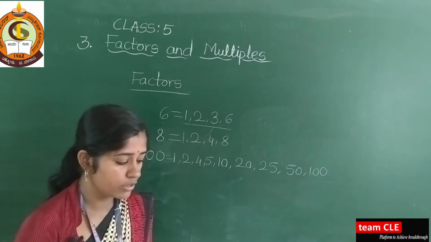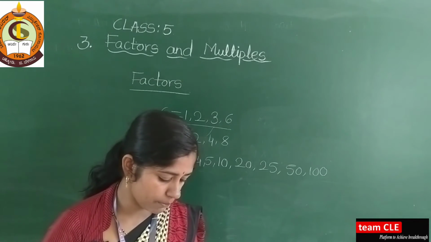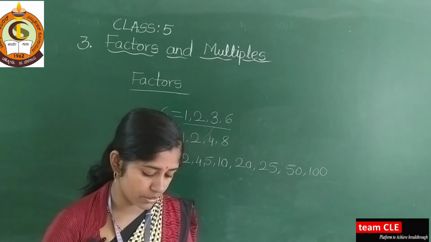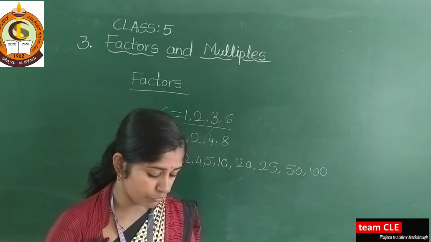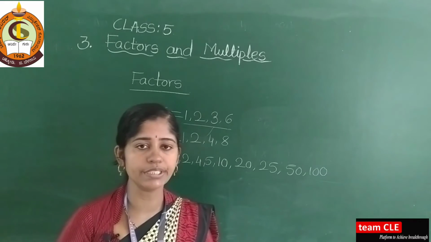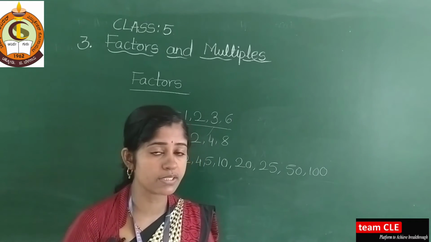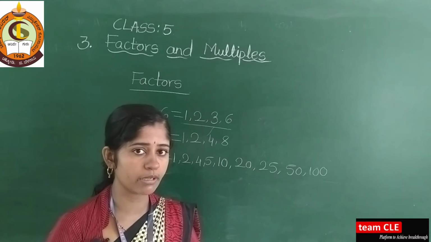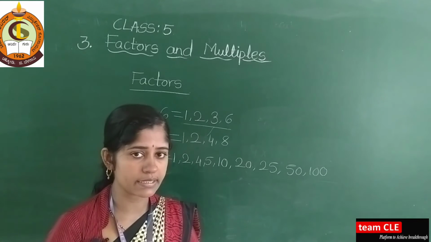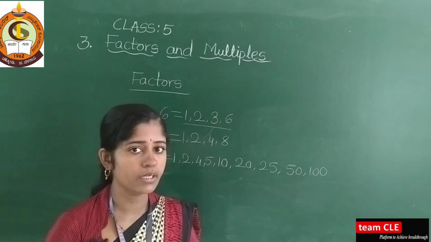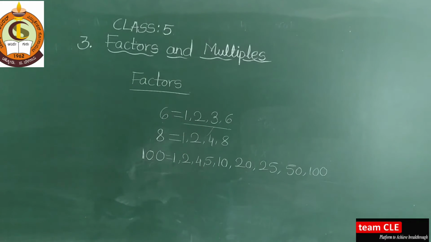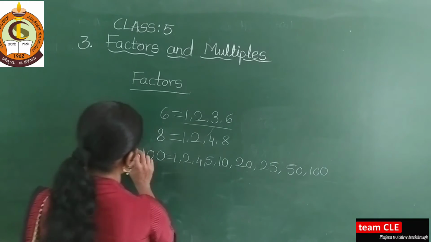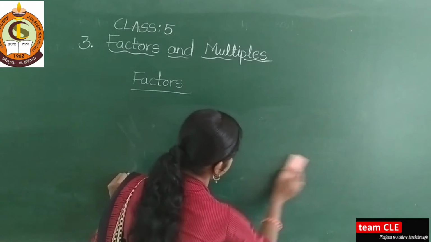So let us solve some examples from your My Practice Time 1, page number 111. Write all the factors of the following. See here dear students, for that you need to know tables compulsorily. If you don't know tables then you can't solve this example. So please keep learning tables. Let us solve some of the examples from your My Practice Time 1.